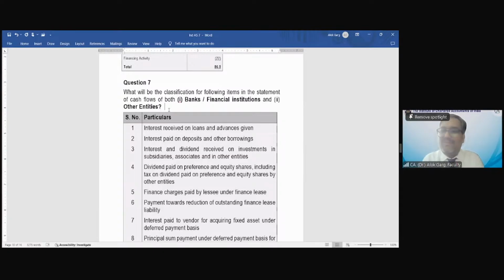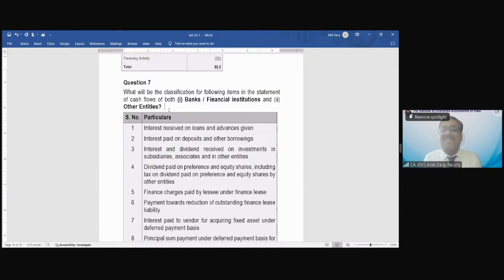Yes. So it doesn't matter whether it is a normal entity or a bank or financial institution. They will pay dividend to their shareholders, because they have equity share capital, right? So dividend paid has to be classified as a financing activity always, whether bank, financial institution or other entity. Many students have made a mistake in dividend paid, right? So what they forgot